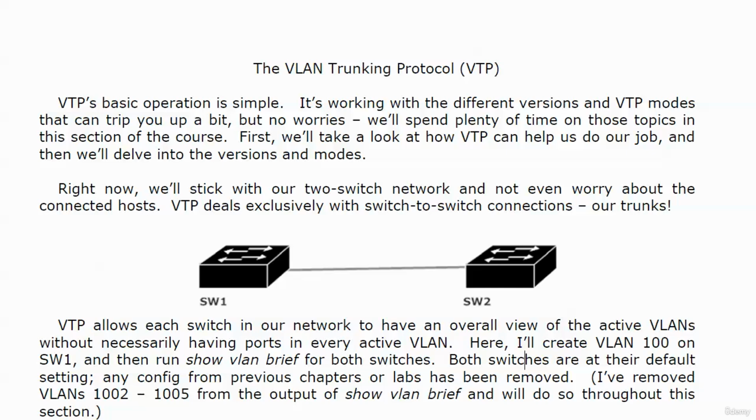One of our examples will have an additional switch. And not even worry about connected hosts because the VLAN Trunking Protocol is going to run strictly over our trunks. We are looking only at switch-to-switch connections. The hosts don't even get involved. Also, both switches are at their default setting and any config from previous chapters or labs has been removed. In the book, if you were kind enough to buy that, I appreciate it, I've removed VLANs 1002 through 1005 from the output of show vlan brief, but of course here on the live equipment we will